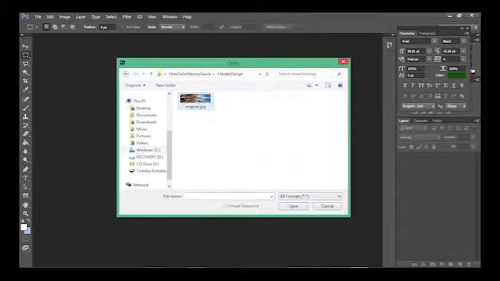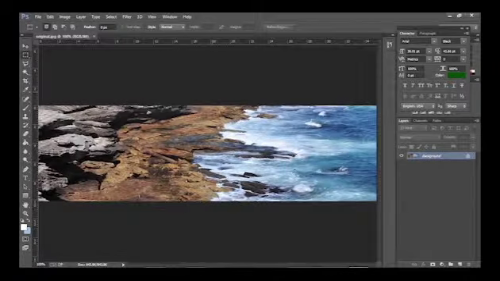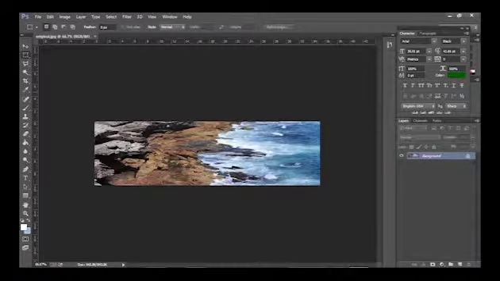Header design. So here we are. Here is our original header. It's open. Now if you click Ctrl+, it's going to zoom in. Ctrl- is going to zoom out. And okay, this is a nice image, but this image is not at all related with